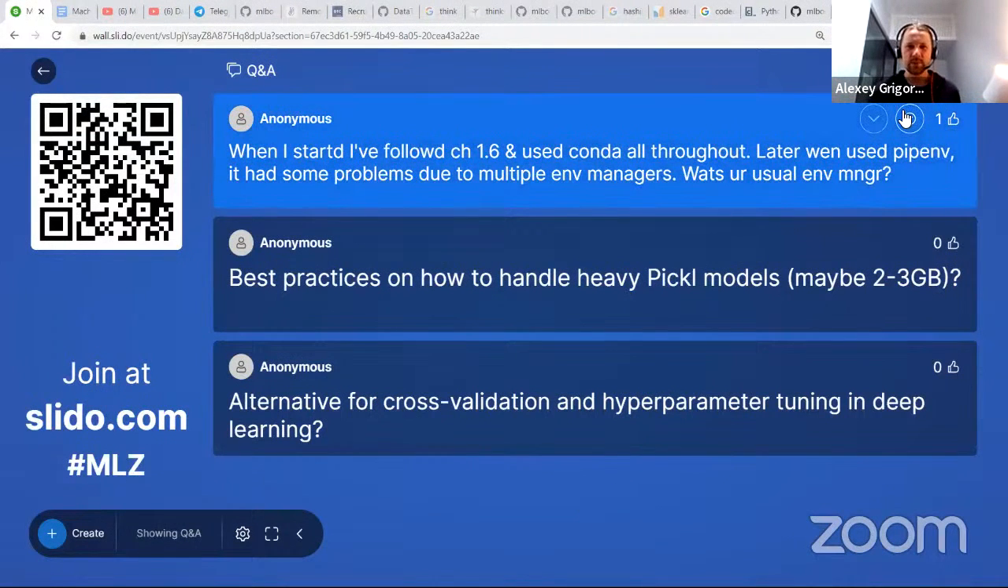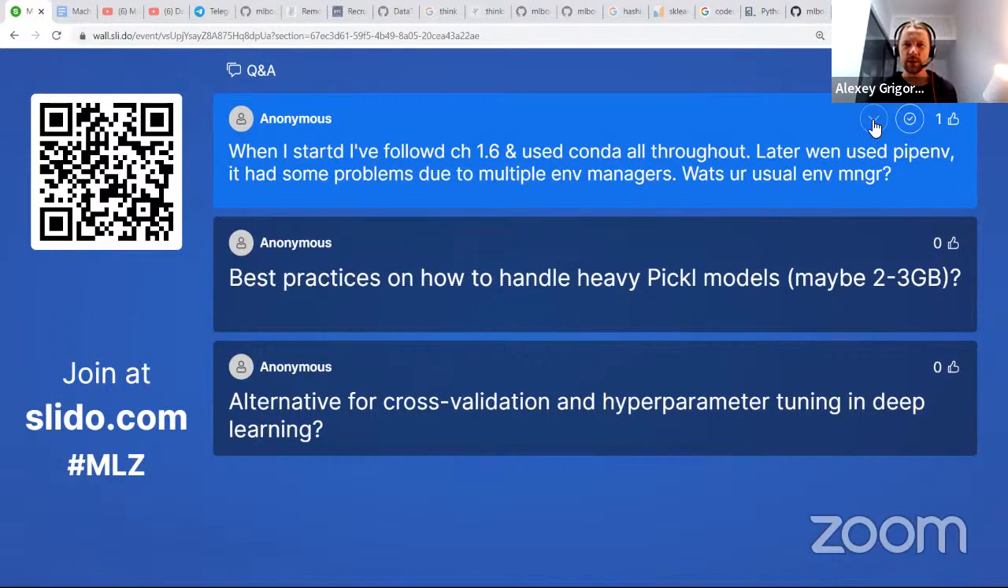When I started, I followed chapter 1.6 and used Conda all throughout. Later, when we used pipenv, it had some problems due to multiple env managements. What is your usual environment manager? So I use Anaconda